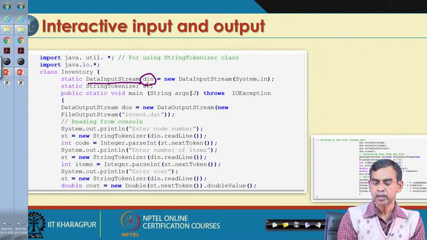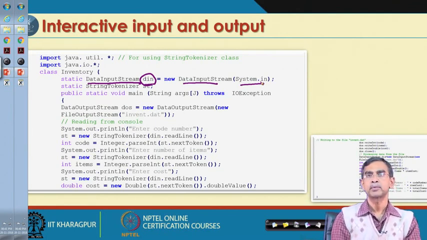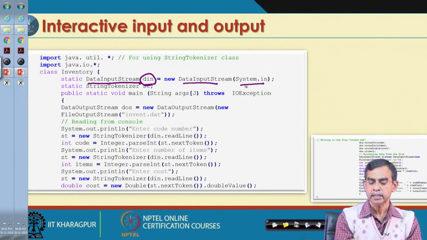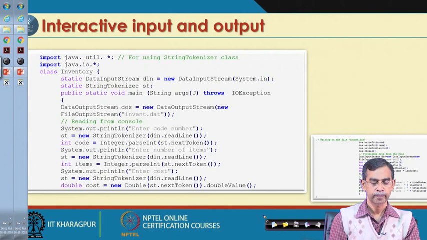This means we have created an object of the class DataInputStream, and this object is now ready to read something from System.in. Here System.in means that we want to read from the standard input, and standard input means the keyboard.